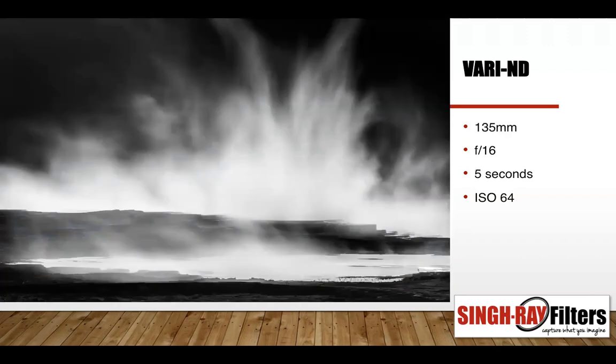So here's another example of steam, and this is actually taken in Yellowstone. And I deliberately angled myself so I can get this really dark background. So I have this cliff on the other side, but by angling myself so that the light is essentially backlighting the steam, I'm getting a dark background behind that. That is the key here, so I can get the texture that I'm getting in the steam.